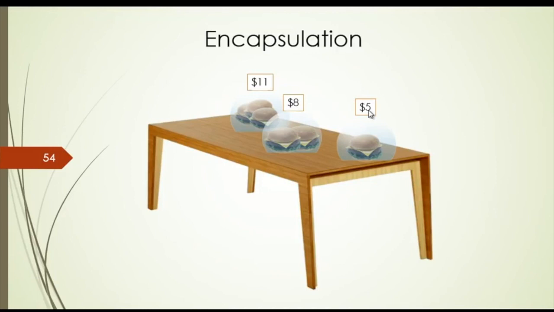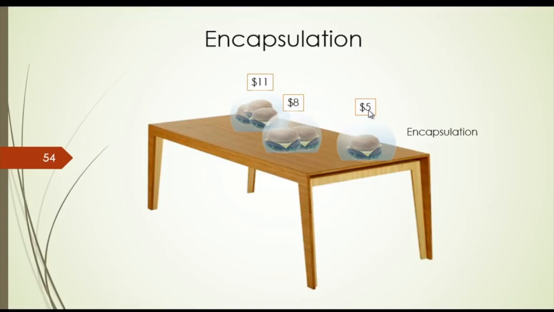so that no one can get the burgers easily. So what does that mean by easily? If anyone wants to have a burger, they really have to go through a layer of protection. By this protection, I mean that if they pass the exact money, $5, they will get one burger. They will not get two burgers. If they pass at least $8, they will get two burgers. That's the concept.